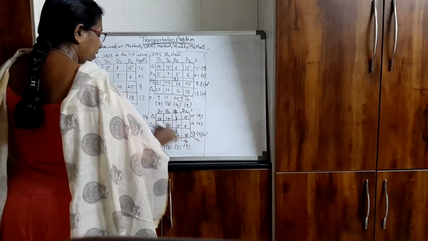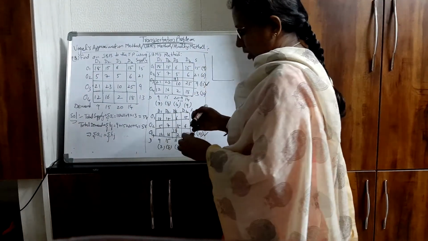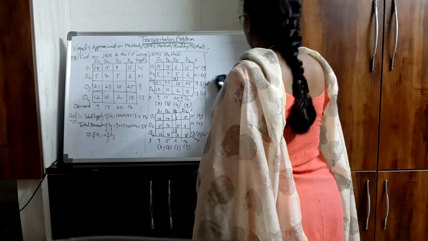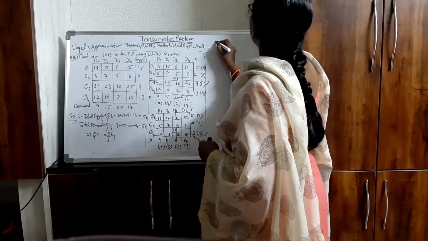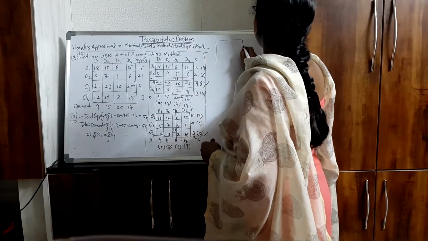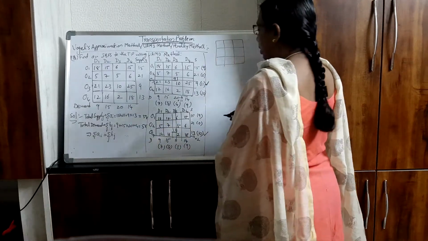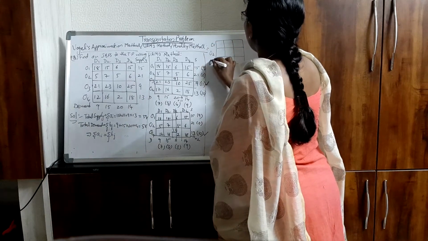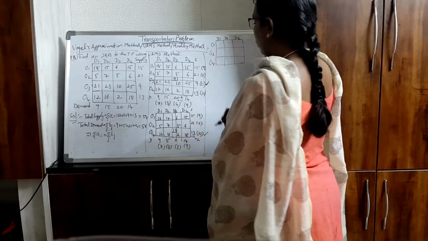Now this column will get exhausted. So now you have 3 rows and 3 columns. I'll draw a little bit up so that there will be space for me to write down also. I'll draw here. It's a 3 by 3 matrix. So 1, 2, 3, 1, 2 and 3. So I have O1, then I have O2 and O4. Column wise I have D1, D2 and D4.